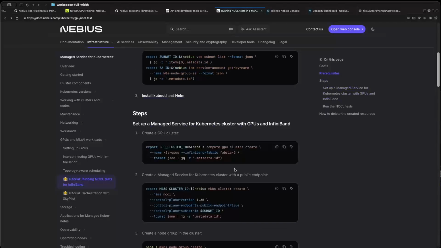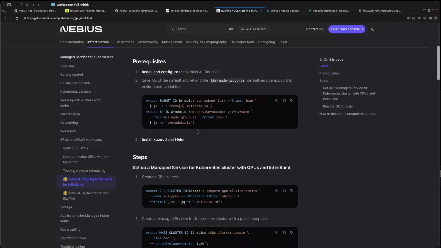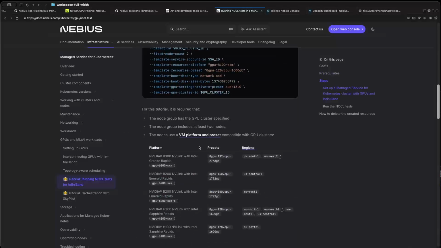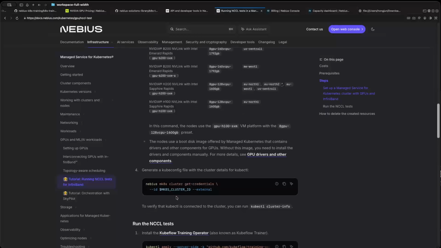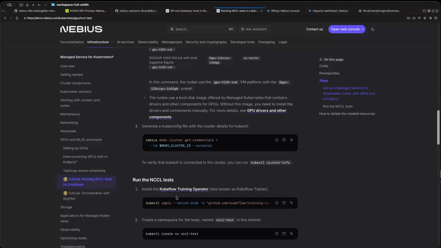So the Terraform part already has everything included. So pretty much everything is ready to go. It will show the managed Kubernetes cluster ID. So pretty much if you get the repo Terraform up and running, you can start from here. Okay, so that's the part. So from the repo